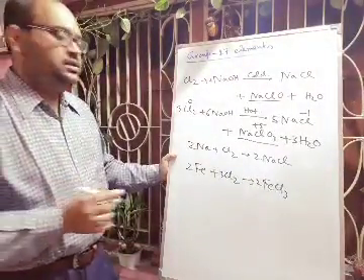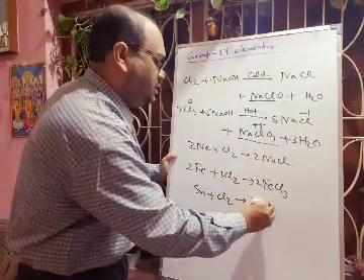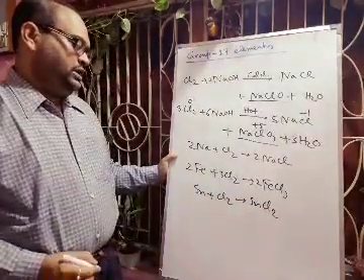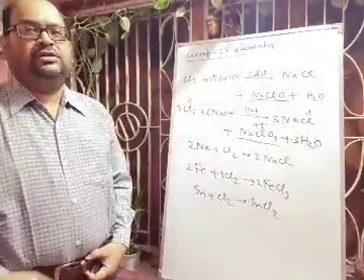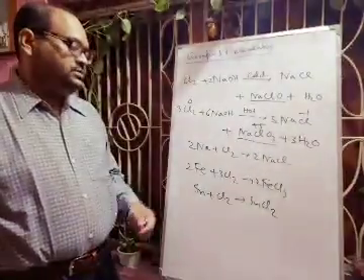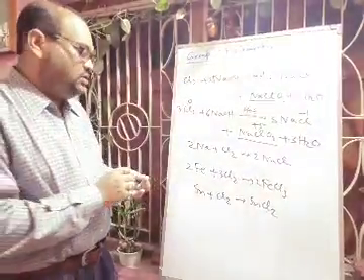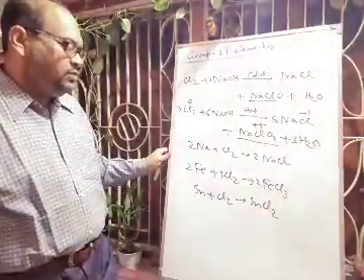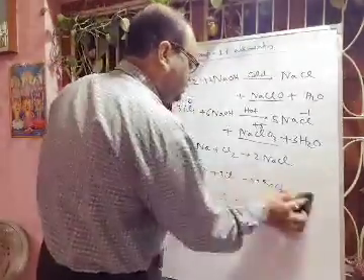And tin will react with chlorine forming SnCl2. And definitely calcium and aluminium will all react with chlorine, forming AlCl3. In case of calcium it will form CaCl2. So the reaction of chlorine gas with metals is also very important for your exam purpose. That also you have to read.